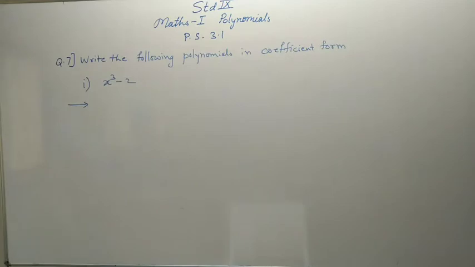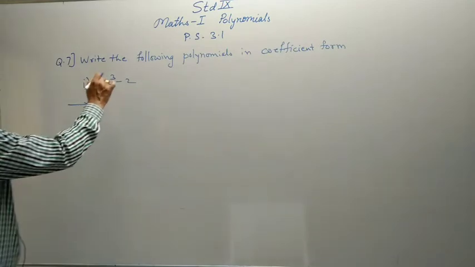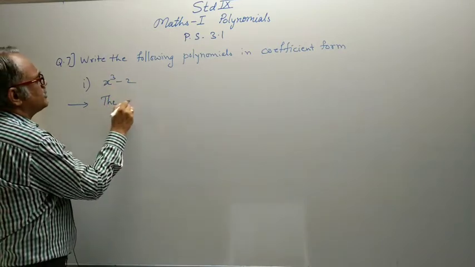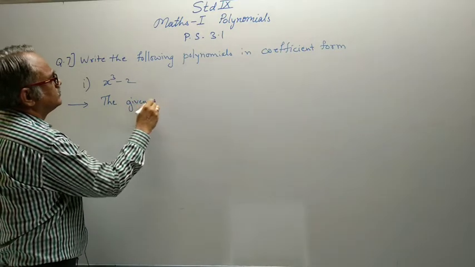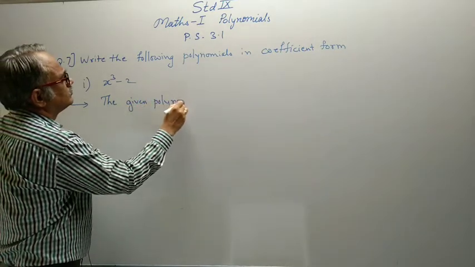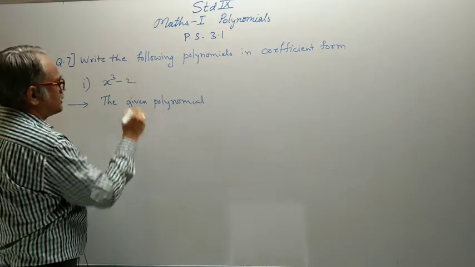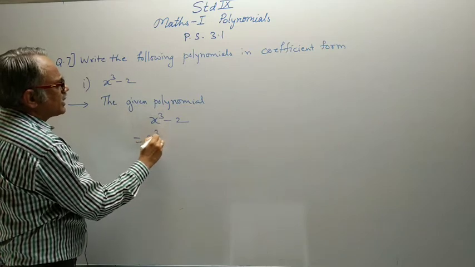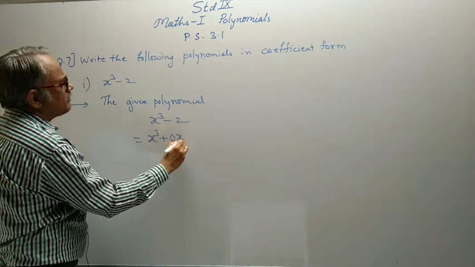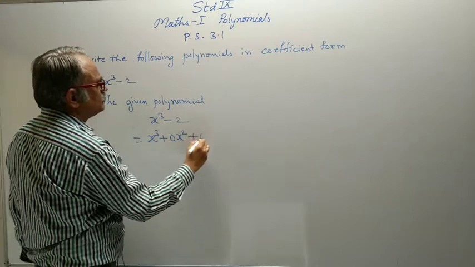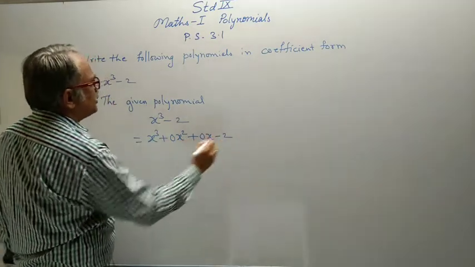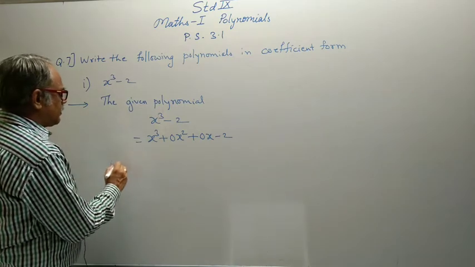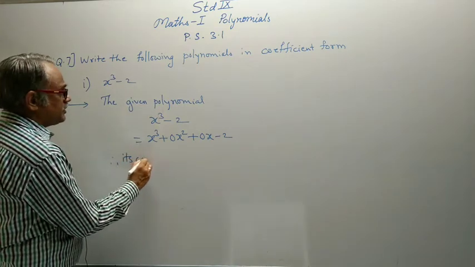Write the following polynomials in coefficient form. The given polynomial is in index form. First write the polynomial x cube minus 2, along with all terms which are absent with coefficient 0, in order from highest to lowest. And then its coefficient form is,